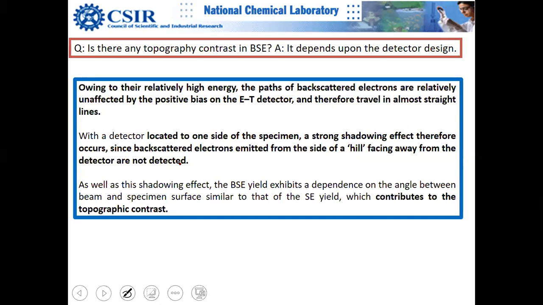And right, yeah. So if you put it on one side, then you will have the same strong shadowing effect which you normally see in secondary electron images, that dramatic effect of lighting from one side, right, which you saw in the last lecture. It's a dramatic effect, actually, right? Shadow and light and all kinds of things. But those dramatic effects you do not see in the backscattered electrons because there is no drama here.